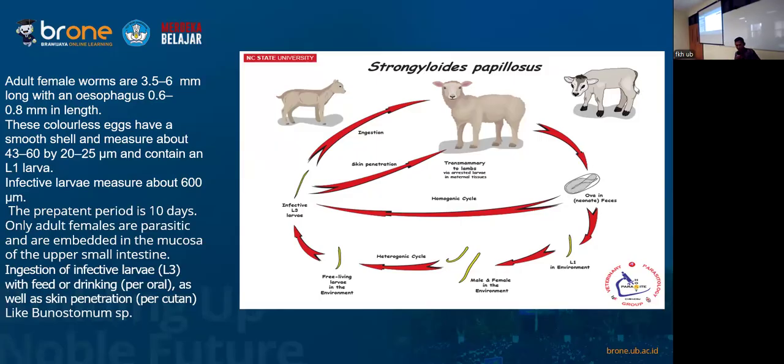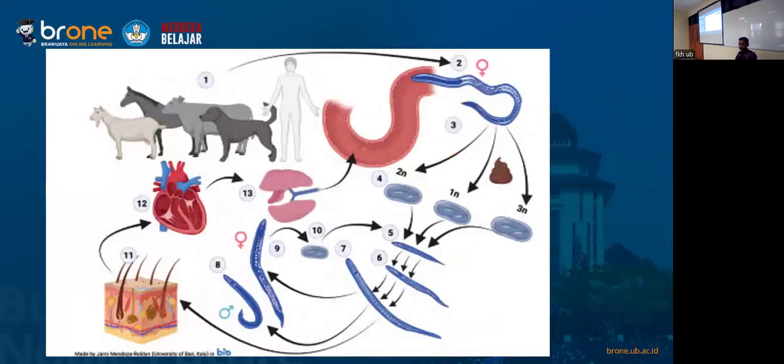So Strongyloides have a parthenogenetic character. They don't need a male to produce egg or embryonic egg. Okay, so like this one, only the female is a parasite within the definitive host body. The male is not. Okay, and where is the male? They are only in the environment. Okay, so when they mature, like this one,